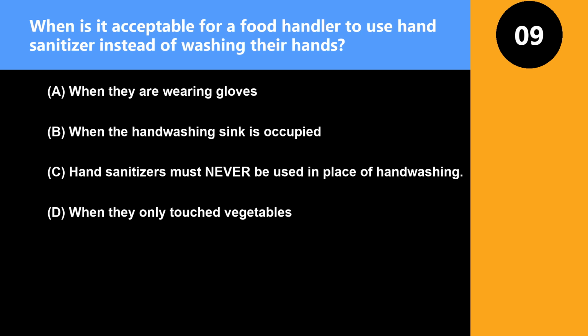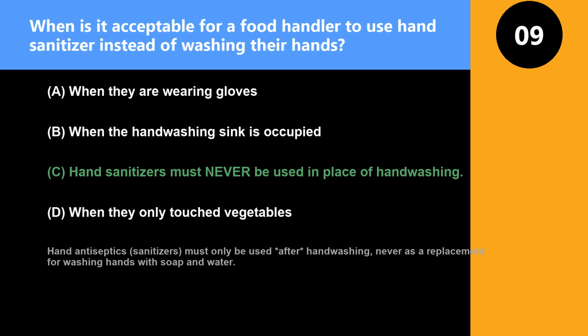Hand sanitizers must never be used in place of hand washing. Option D, when they only touched vegetables. The correct answer is option C. Hand sanitizers must never be used in place of hand washing. Hand antiseptics, sanitizers, must only be used after hand washing, never as a replacement for washing hands with soap and